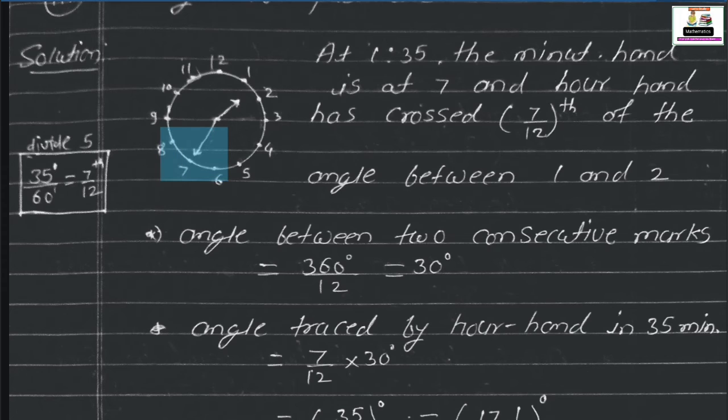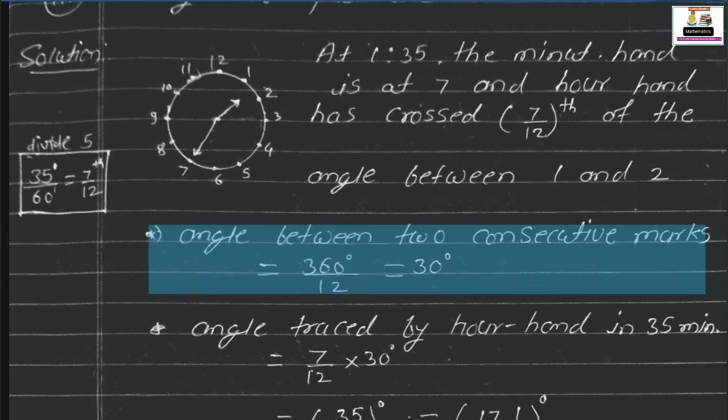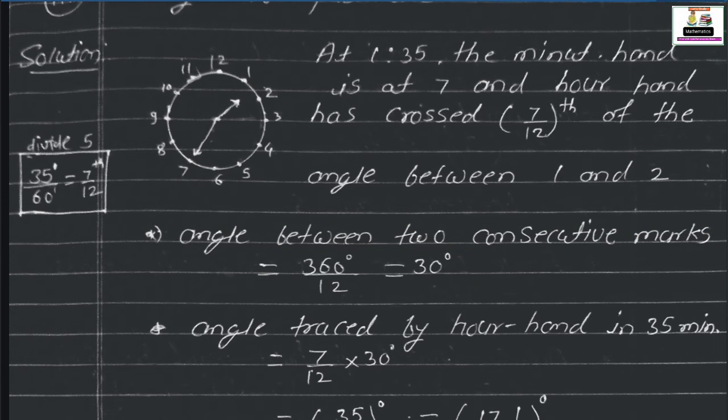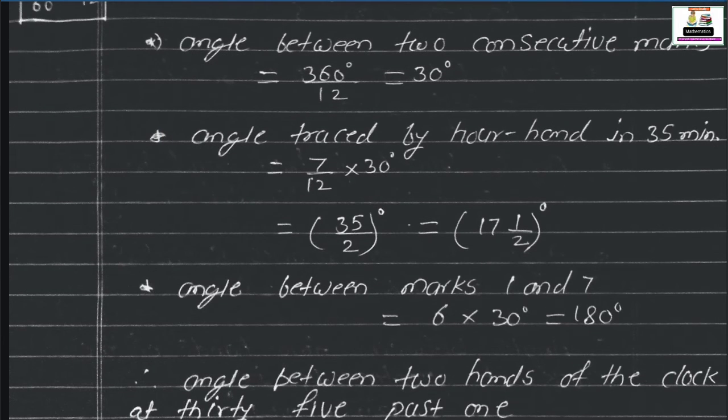The minute hand is at the 7 mark, and the hour hand has crossed 7/12 of the angle between 1 and 2. See, this calculation: 35 divided by 60, we get 7/12, and this is the angle the hour hand crossed. Now we know that the angle between two consecutive marks is 360 divided by 12, which is 30. Next, the angle traced by the hour hand in 35 minutes is